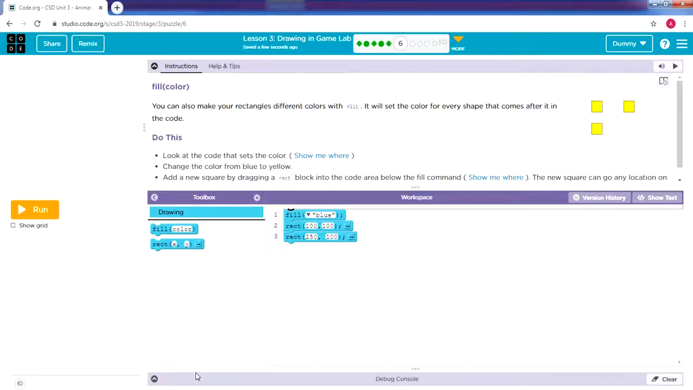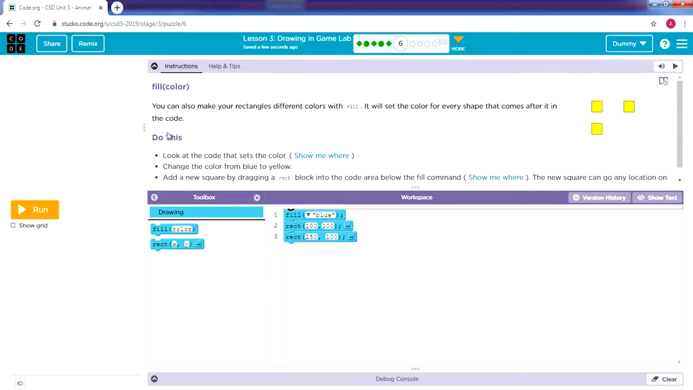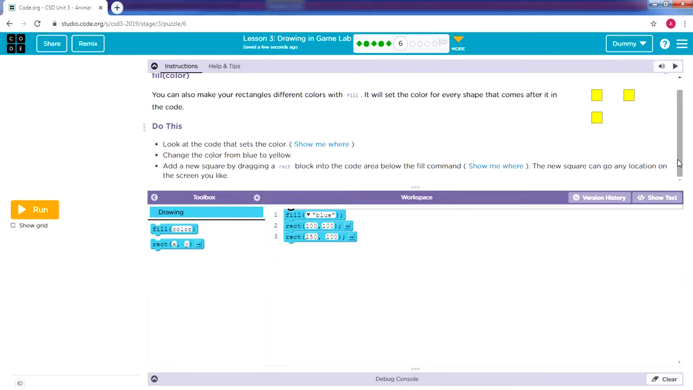And level 6, I guess mine is not done. Yes, it's not done. We're gonna learn how to use the block fill color. You can also make your rectangles different colors with the fill. It will set the color for every shape that comes after it in the code. By the way, we need to use the fill color